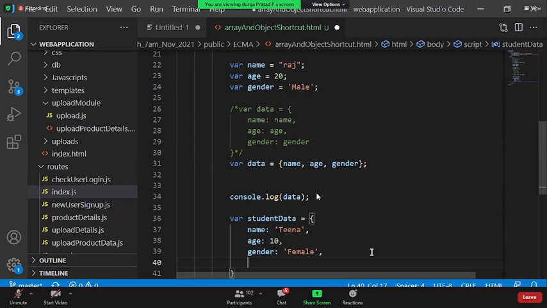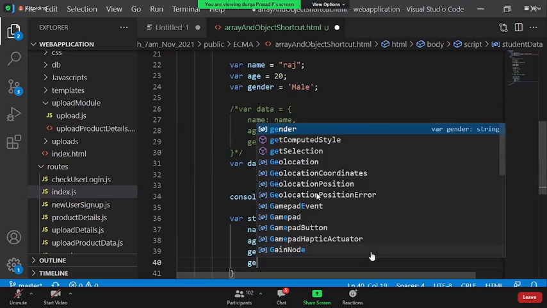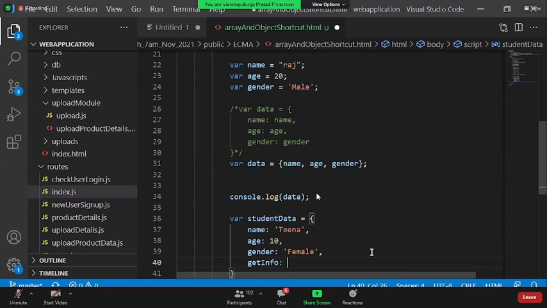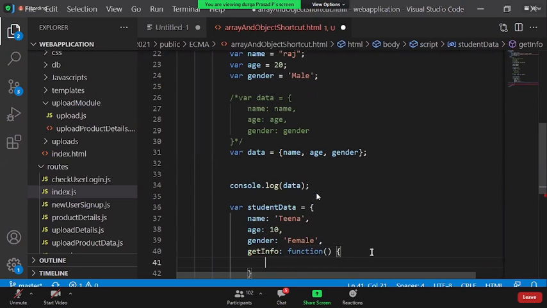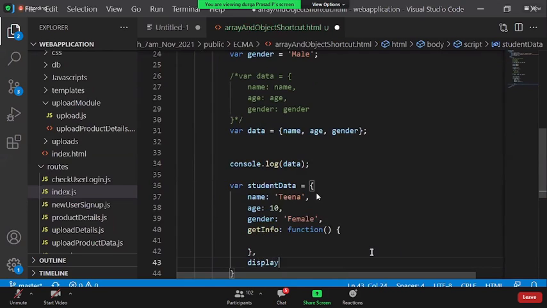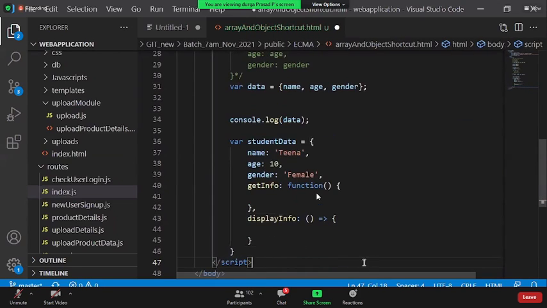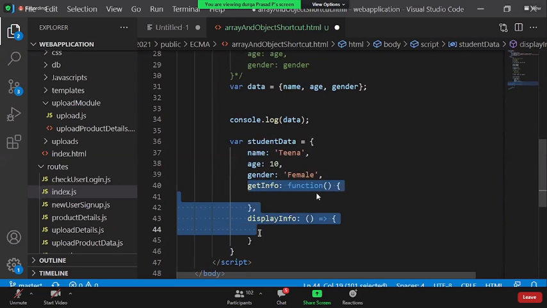Now you used to give methods like getInfo or displayInfo. We used to say a function like this, or else an arrow function. Either we can go with a function or arrow function. This is how we used to do the object declaration, and this is how you used to inject behaviors within the object.